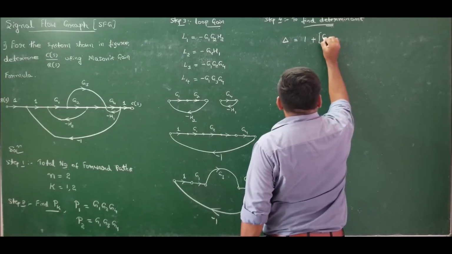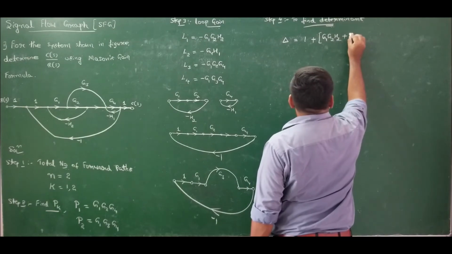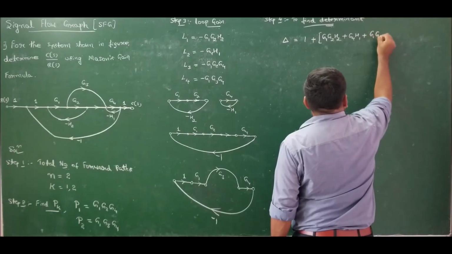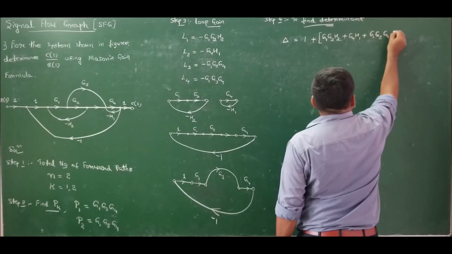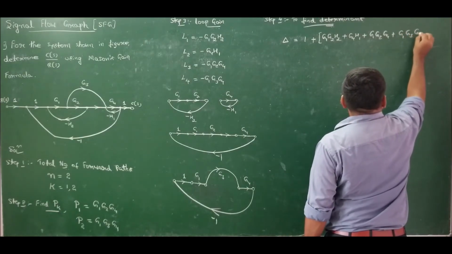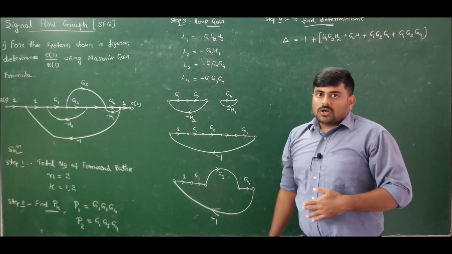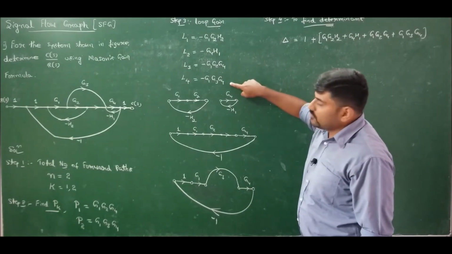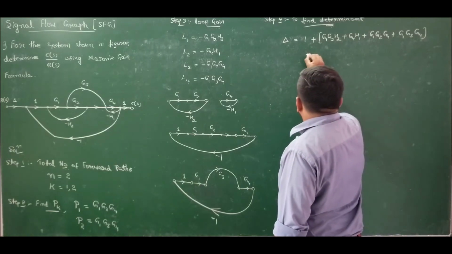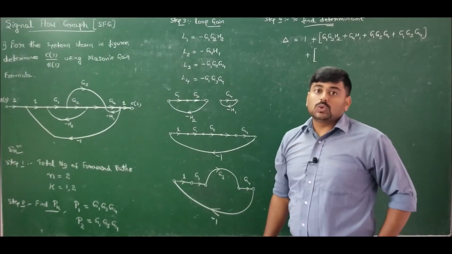If I add all these gains, it is G1 G2 H2 plus G4 H1 plus G1 G2 G4 plus G1 G3 G4. So 1 minus the sum of loop gains of all the loops. I have taken minus common, so minus of minus has become plus. Next, plus the sum of gain products of all combinations of two non-touching loops.